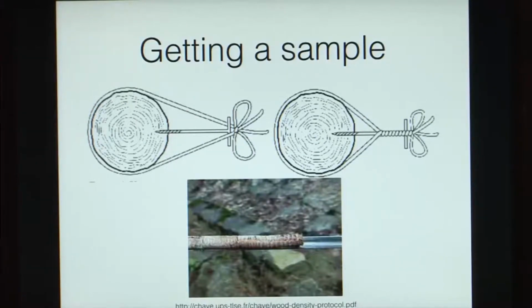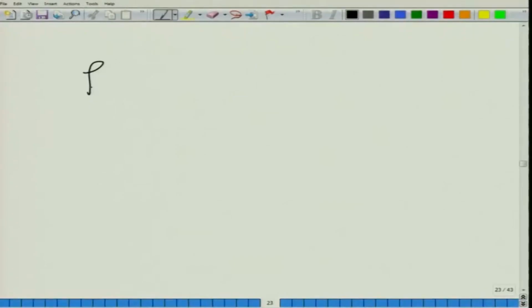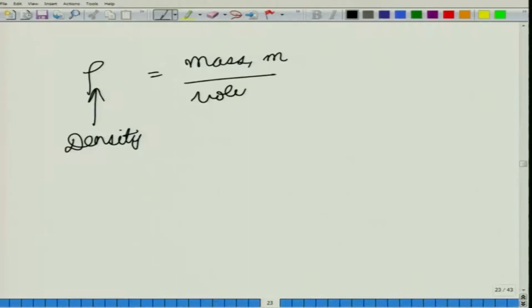Now remember that we give density, which is given by rho. So, rho, your density, is equal to mass m upon volume V. To calculate the density of the sample that we have received from the borer, we need to find out its mass and its volume. So, how do we measure the mass? Well, we can use any balance, but in the case of trees, because these are living entities with lots of water,